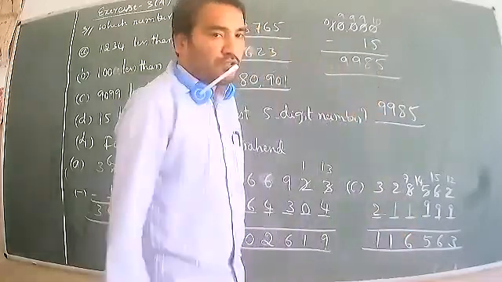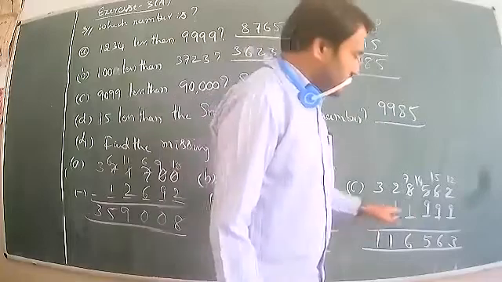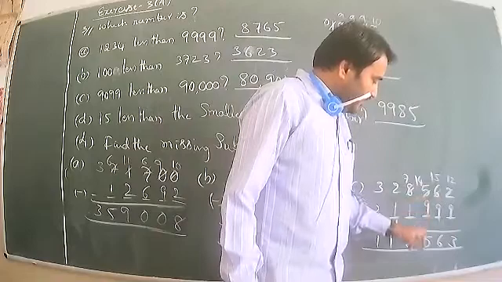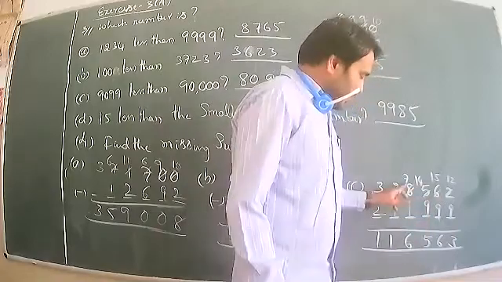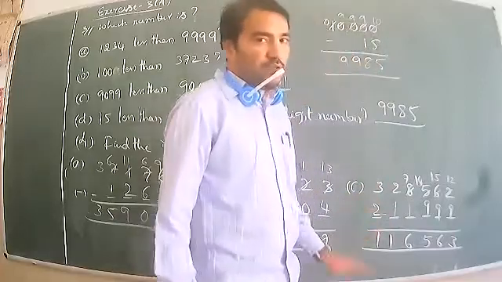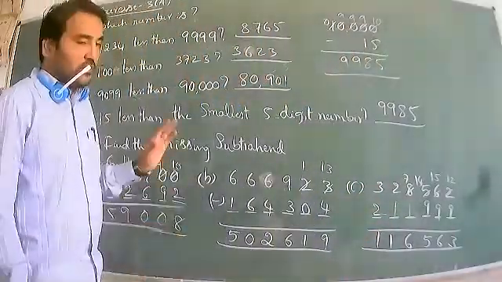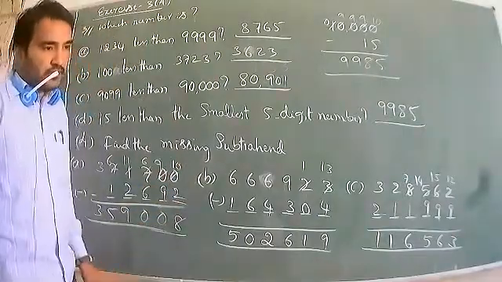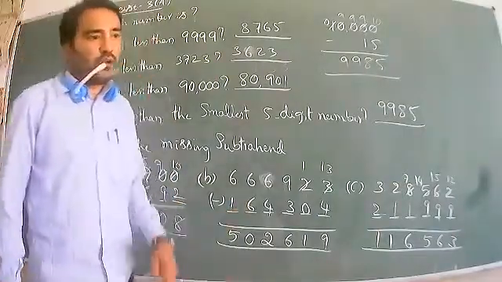You have to observe the question. What do you write in the subtrahend first? 12 less 9, 3. 15 less 9, 6. 14 less 9, 5. Is it clear? Next, 7 less 1, 6. 2 less 1, 1. 3 less 2, 1. So this type of questions: when the subtrahend is missing, subtract the difference from the minuend.